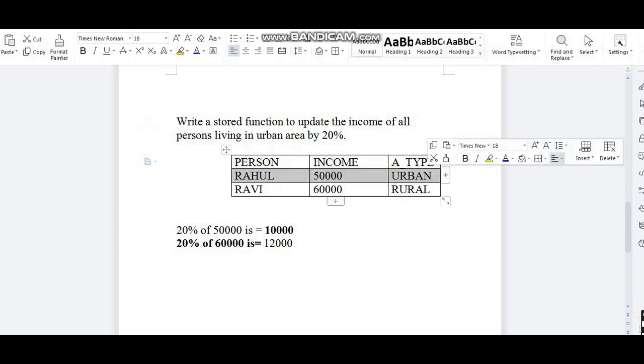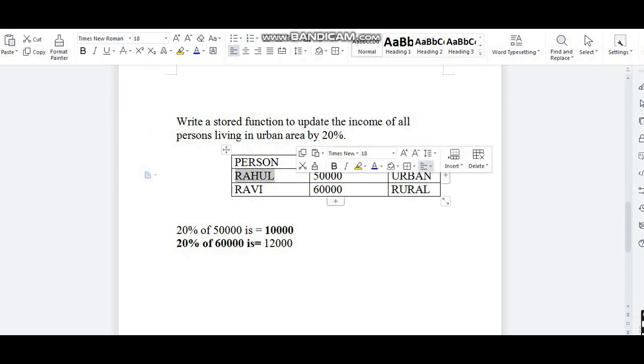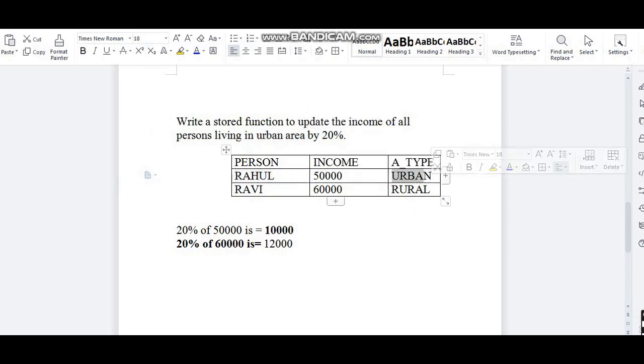We have to update Rahul's income, whose area type is urban. Because in the question it is compulsorily asked that we have to update the person who lives in urban area. So here you can see Rahul is the person who lives in urban area. And what is the income of Rahul? It is 50,000.